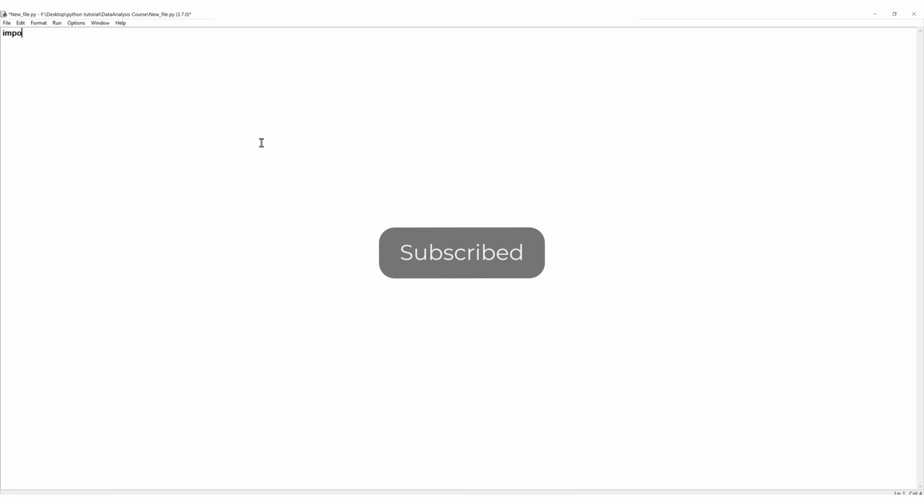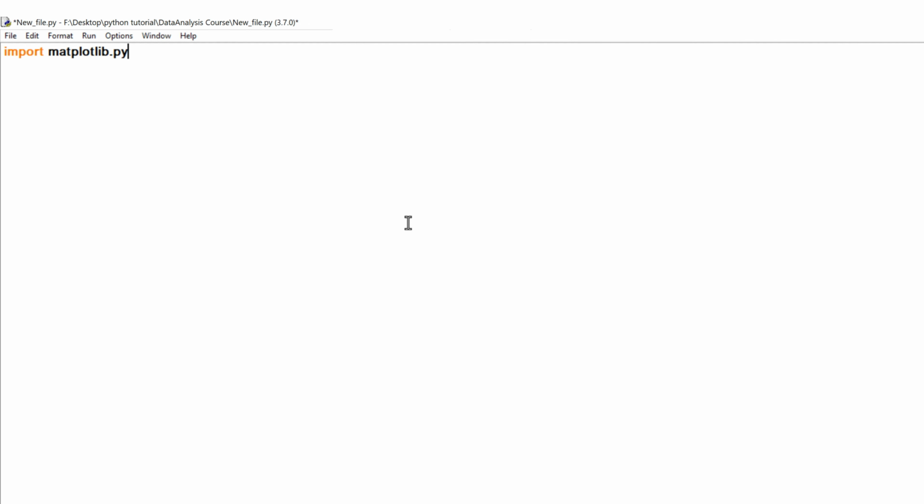So at first we'll write import matplotlib.pyplot as plt, right? So what it means is that first we import the matplotlib library's pyplot module as plt. This module provides a collection of functions that help us create various types of plots such as line graphs, bar charts and scatter plots. Okay, so next we are going to write